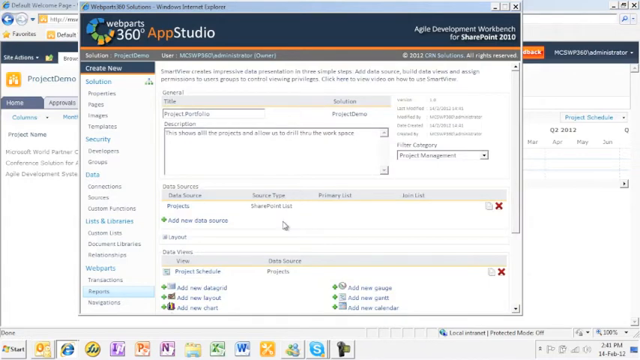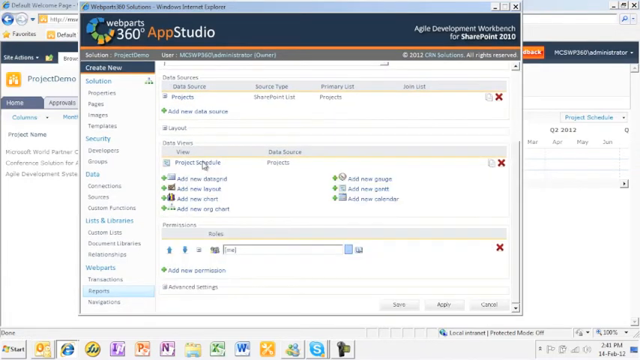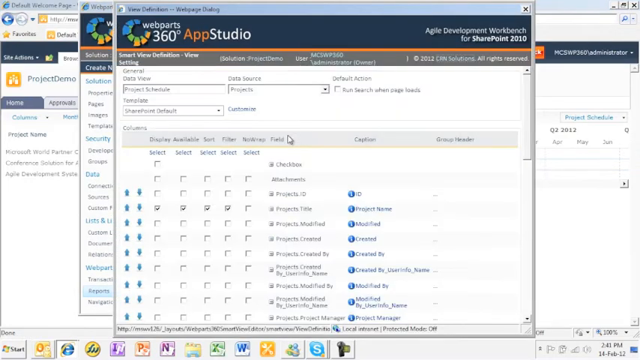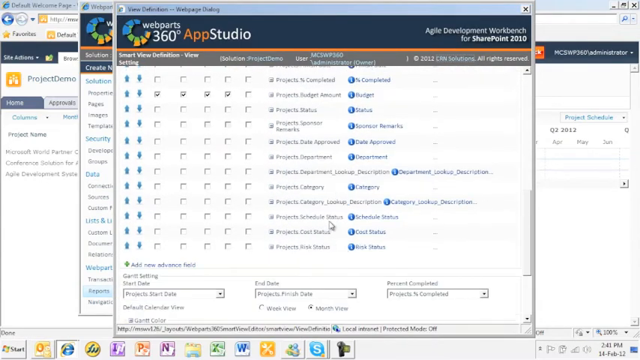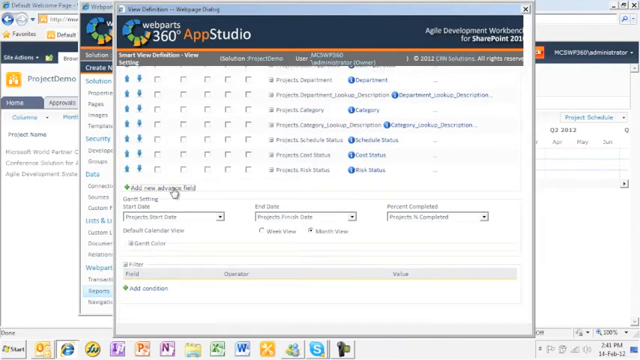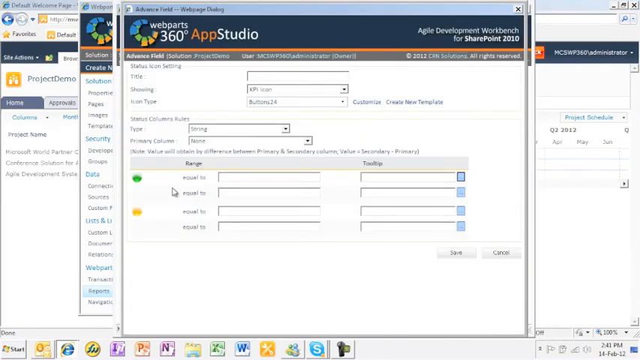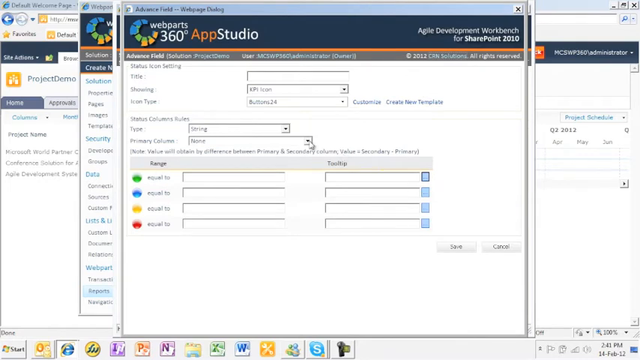Let's go back to the App Studio, where we see there are 3 fields for status in this list related to schedule, cost, and risk. But rather than show values, we want to show them as KPIs. To do this, we simply go into Advanced View to add status column views. Let's now select Schedule Status